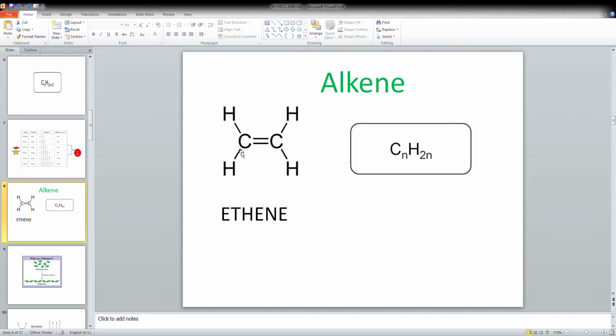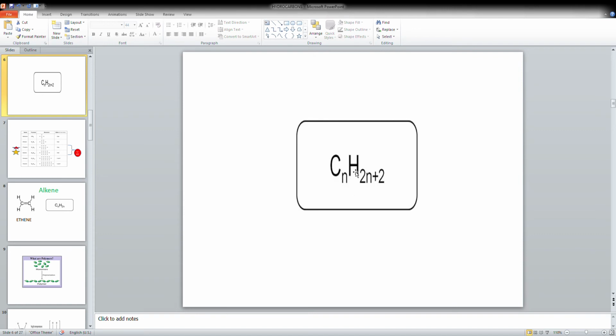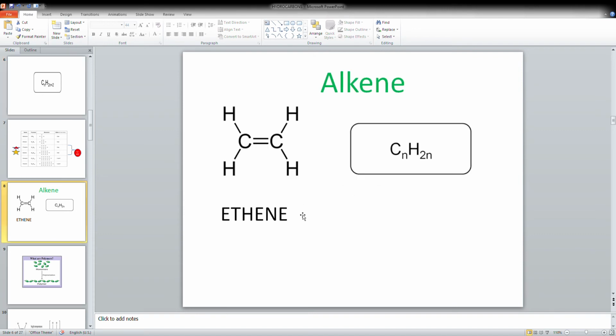The basic one is ethene. A single carbon we can't have, at least we need two. So in the general formula, among two carbons, the hydrogen number should be twice the carbons. So CnH2n is the general formula of alkenes. For alkanes, you remember, it was CnH2n+2. Now in alkenes, CnH2n. When you get the alkene, this is ethene, a very important one. Later on you will realize why I said this is so important.